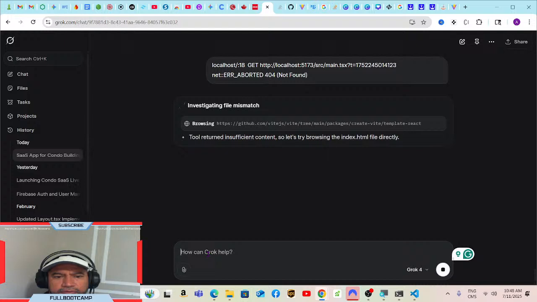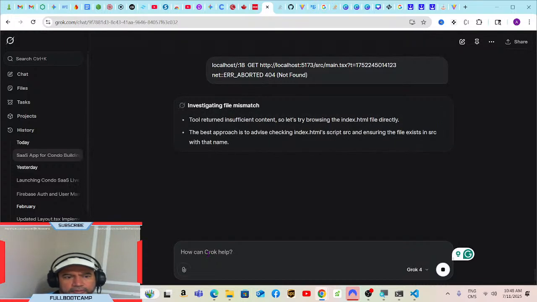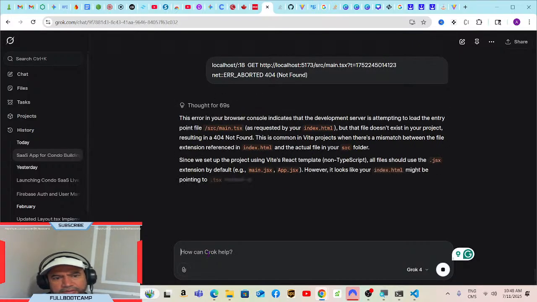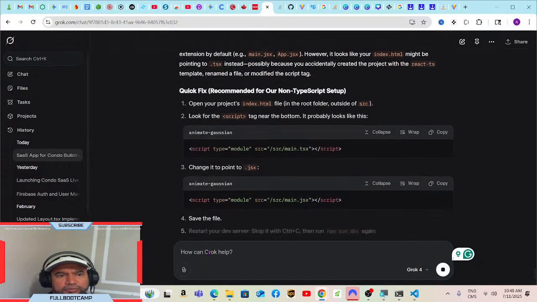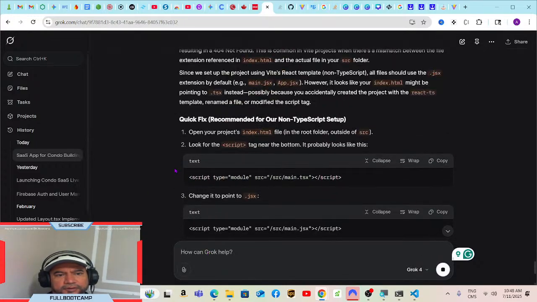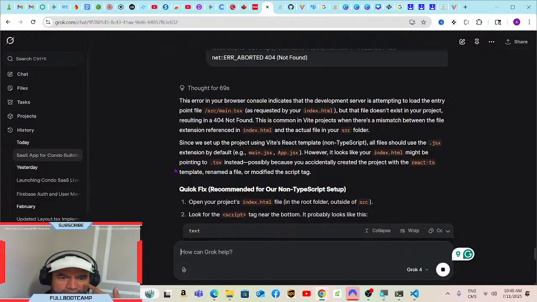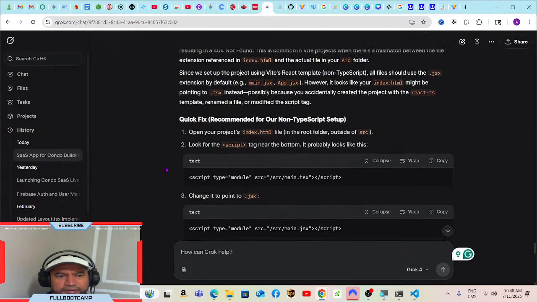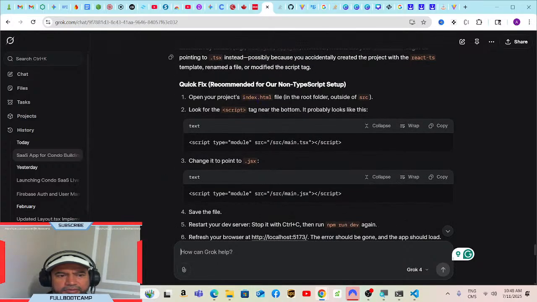Total insufficient, so let's try browsing the index file directly. The best approach to advise checking index script. Okay, this browser in the case is attempting to load TSX, but we don't have a TSX, we have JSX. Name modify the script module. This is on the what? On your index HTML. Okay,